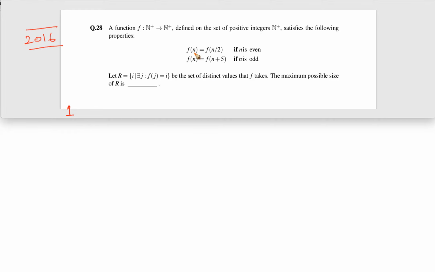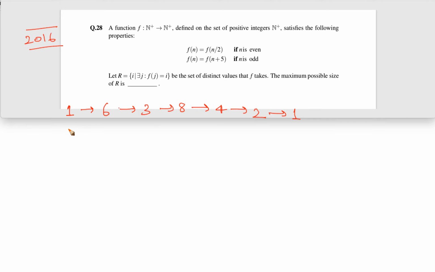Essentially, in order to terminate this, you have to give a terminating condition that f(1) is defined, and then after that you don't have to do it again. However, let's see what is happening. If you calculate f(1) again, it is odd, so it is going to give you 1 plus 5, 6. So you will compute f(6). It is even, so from 6 you will go to 3. It is odd, so 3 plus 5 is going to be 8, and then 8 is even, so it will go to 4. It is even, will go to 2, then 2 is again even, so it will go to 1. So you see, 1 to 6 and all the way again it came back to 1.